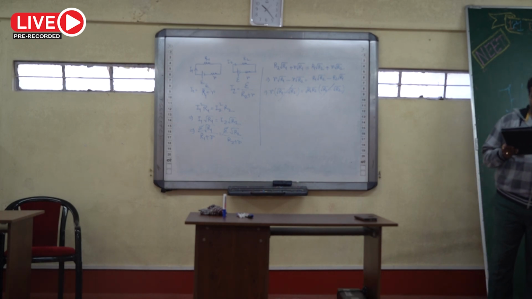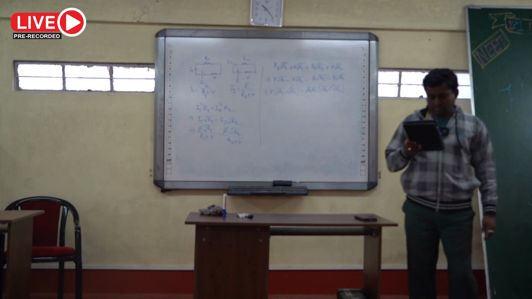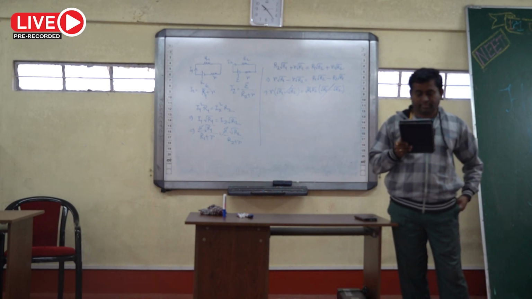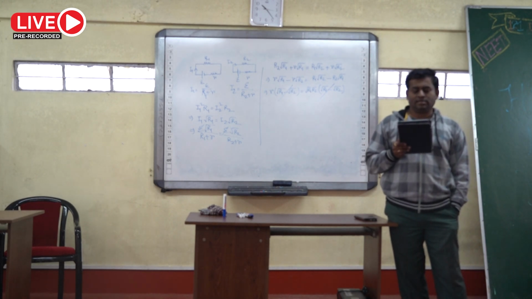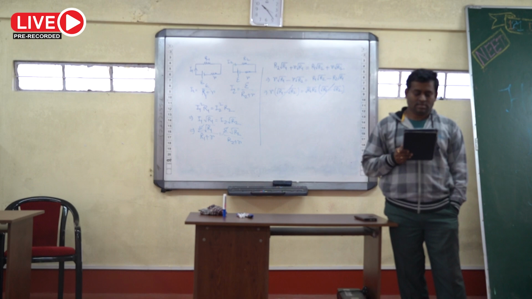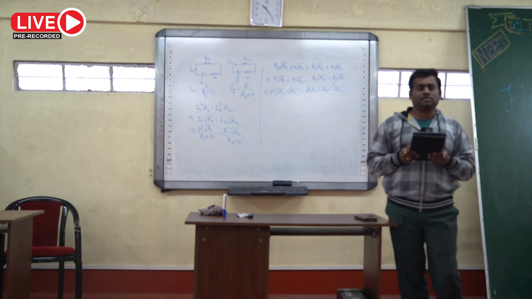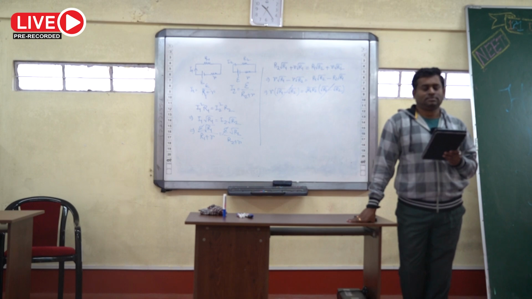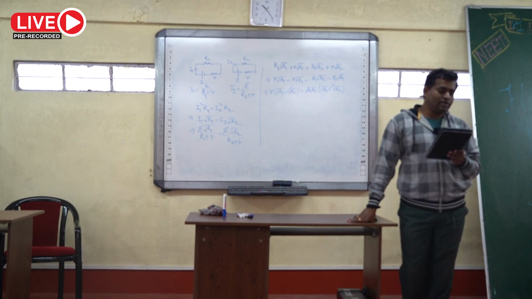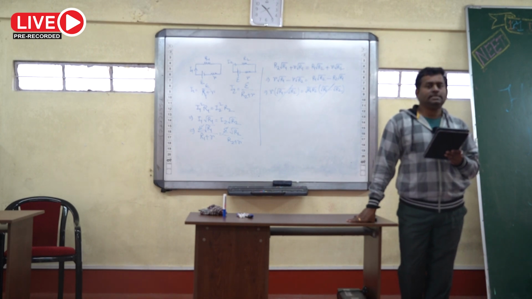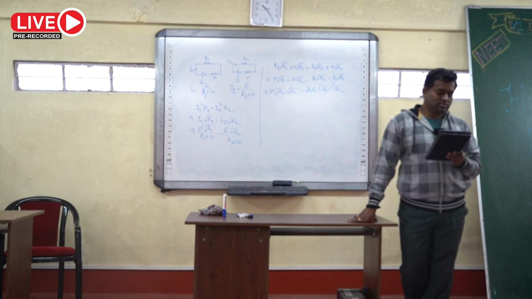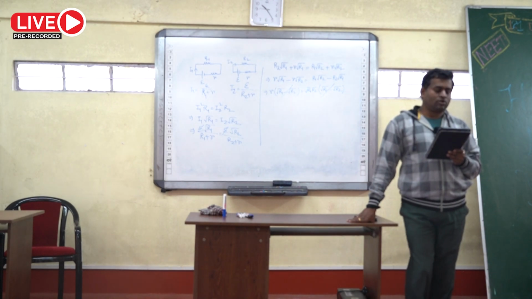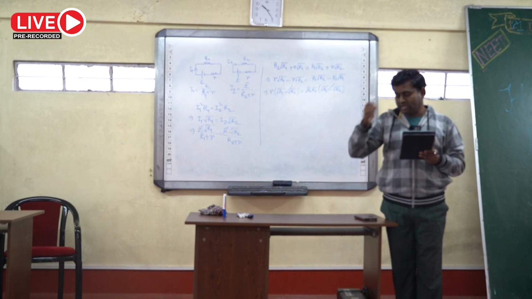Write down question number 16. If power dissipated in the 9 ohm resistor in the circuit is 36 watt, the potential difference across the 2 ohm resistor is